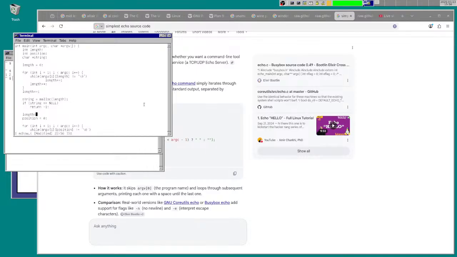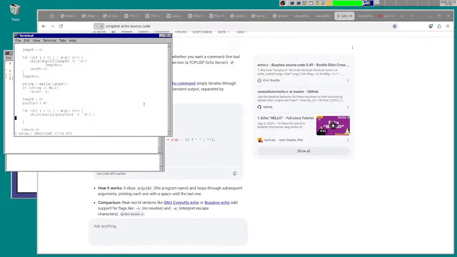Length equals 0, position equals 0. Then we have I've allocated this thing called string, another thing that we're going to use here.